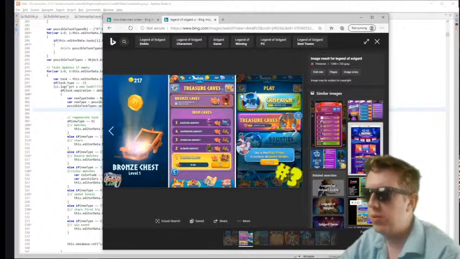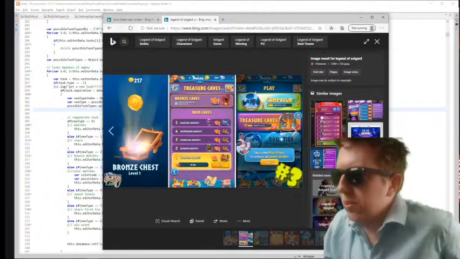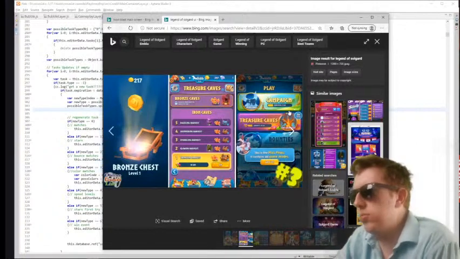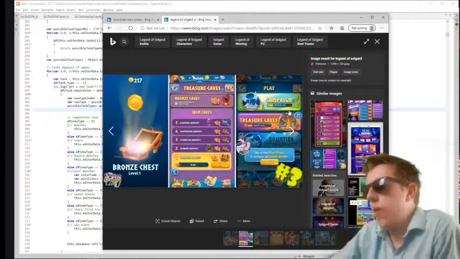I could see myself having campaign here, and then next to it level editor, and then maybe some smaller ones below like events and stuff like that. I don't think it's going to be something that scrolls. I'd imagine I'm just going to scale it to fit in the box on one screen.